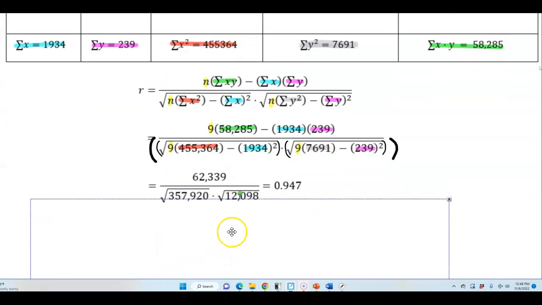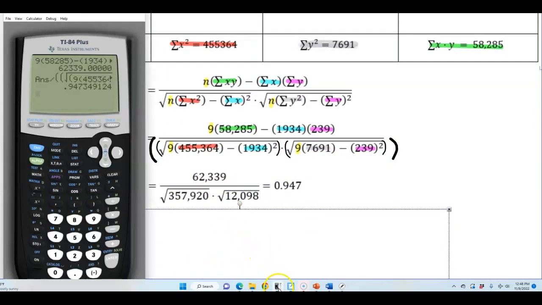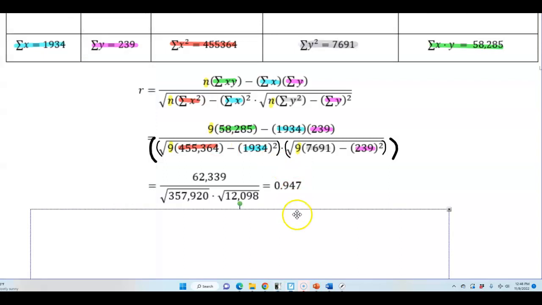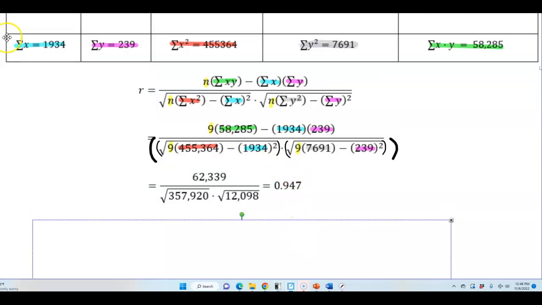So this is what we get. We get 0.947349124, and we round this to 3 decimal places, which gives 0.947. So this 0.947 tells us that we have a strong positive linear correlation